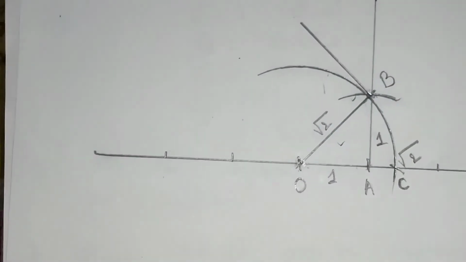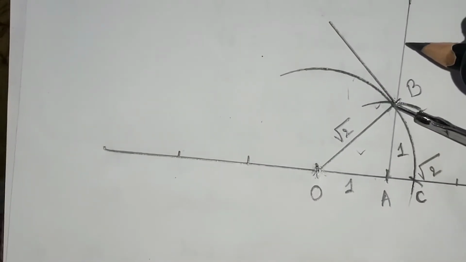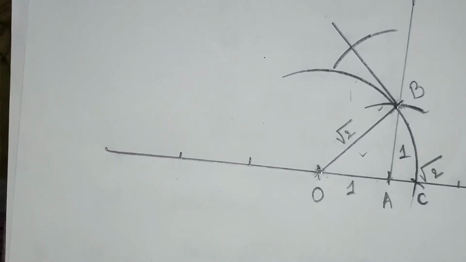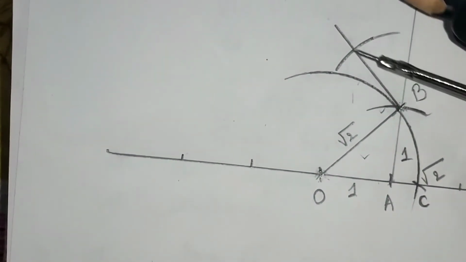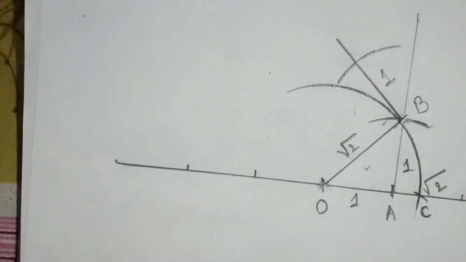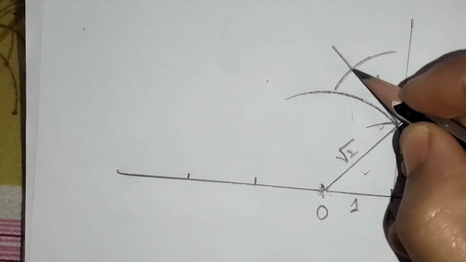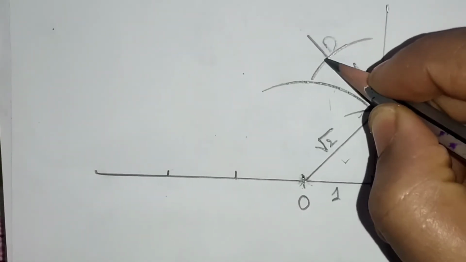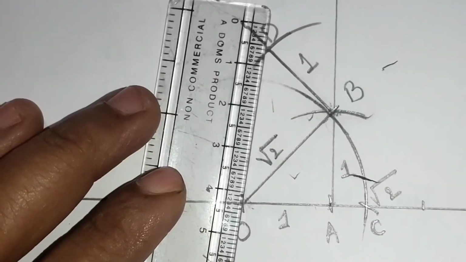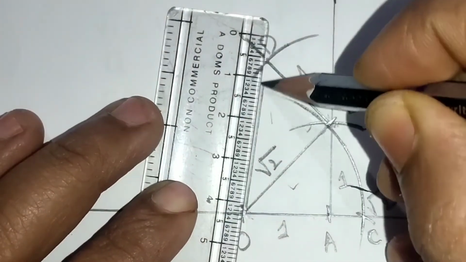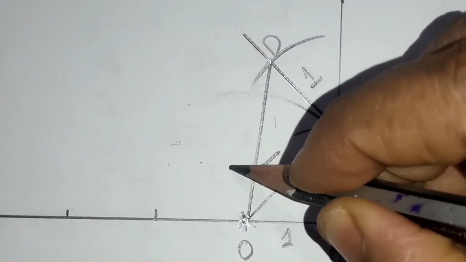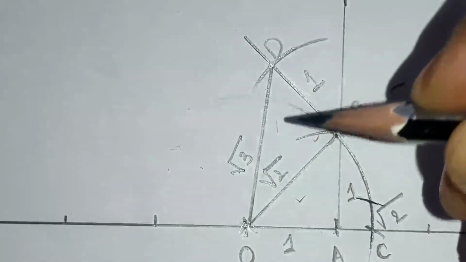Now, keeping B as a point, I am going to cut an arc. Now, this is 1 unit. I will write it is 1 unit, and I have taken base as root 2. Now let me call this point D. Join O and D now. If I join O and D, now the length of OD is equal to